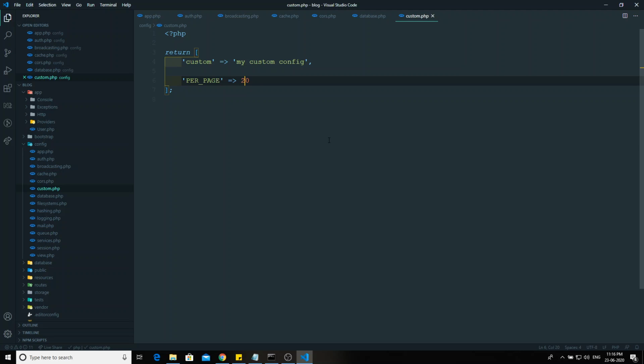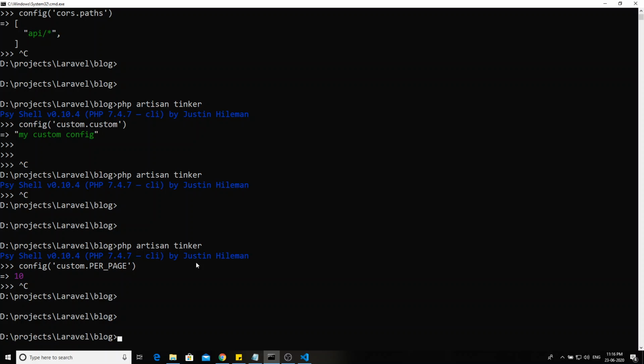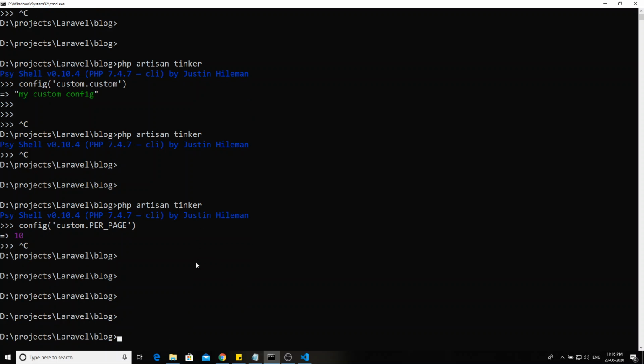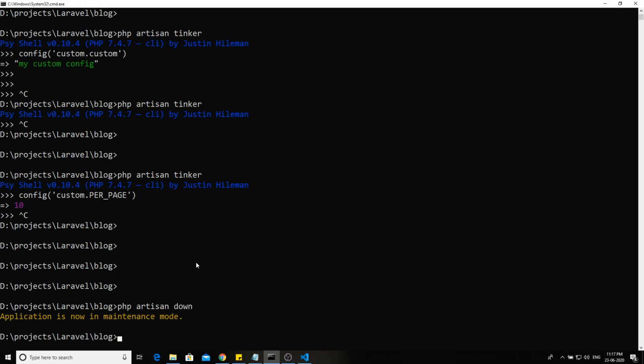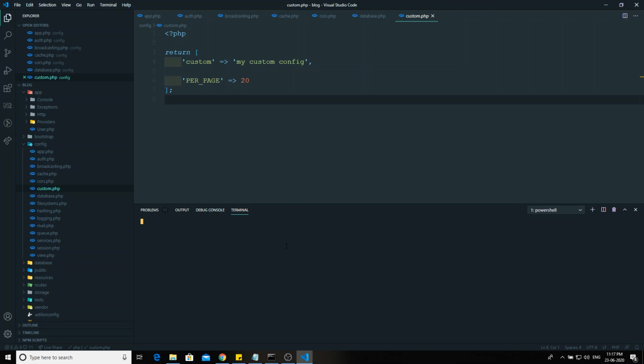So you can do that very easily using Laravel. So now what I can do is, for example, whenever you are doing some update or anything, PHP Artisan down. So down means you are making maintenance mode. Now when I try to open, so I will launch the server.